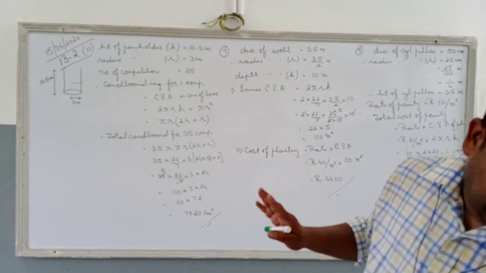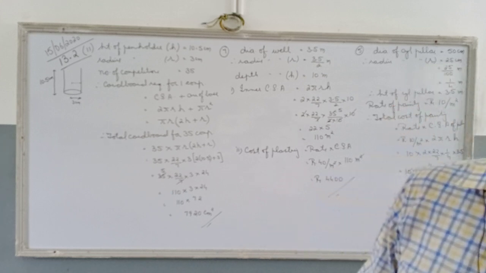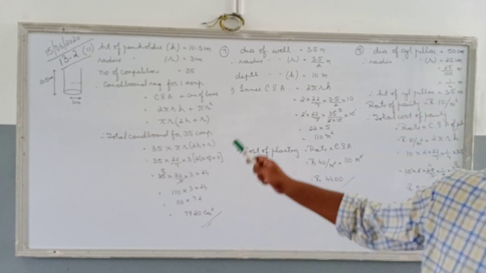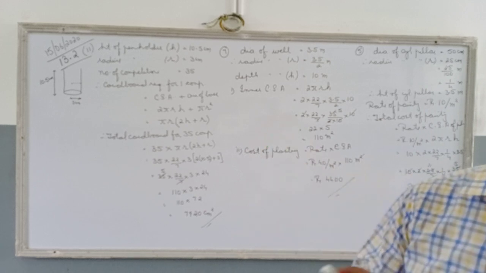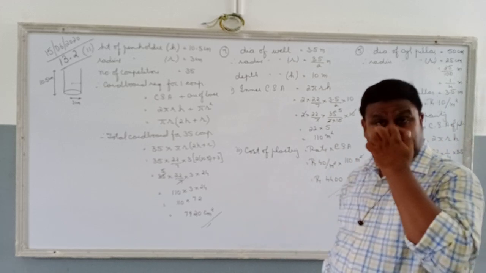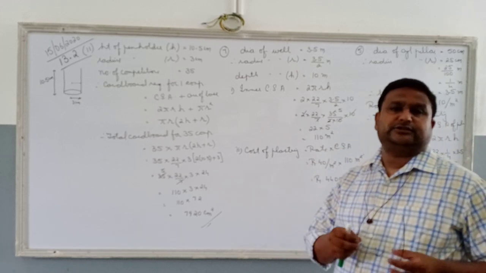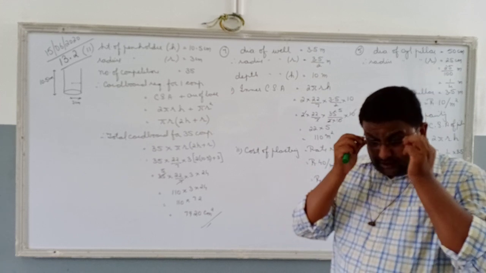Correct. So you have to try out question number 1, question number 5, question number 6, question number 7 and question number 11 is right there in front of you. In the next lecture we shall be discussing about the volume of cylinders, clear, and the remaining questions of this. Please practice these questions in your notebook. I hope points are clear.